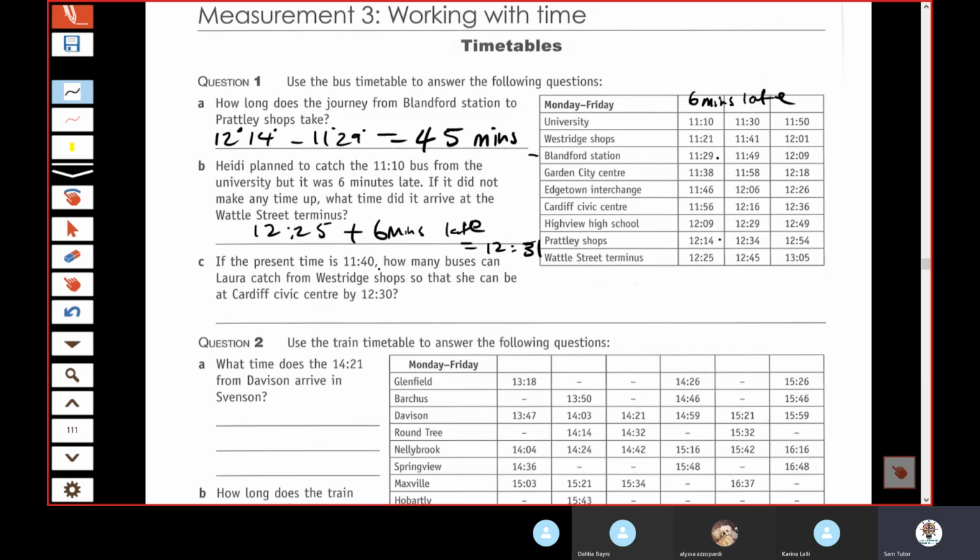If the present time is 11:40, how many buses can Laura catch from West Ridge Shops so that she can be at Cardiff Civic Centre by 12:30? Well, if she's at West Ridge Shops, it's 11:40 right now, then she can catch this one or this one. The problem is she needs to get there before 12:30, so she can't really catch this one because she'll get there at 12:36. So there's only one bus